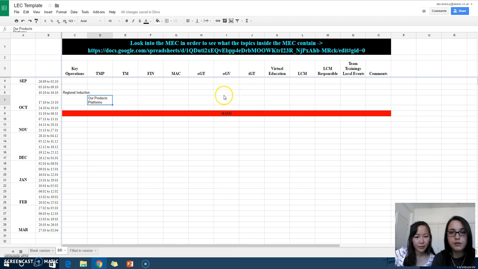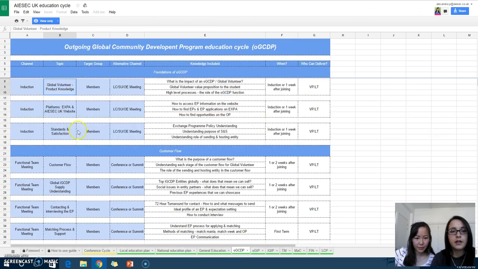So we're going to go to OGV here, and after regional induction, they need a training on product knowledge for OGV. Product knowledge, OGV. What is OGV? What's its relevance? What does it stand for? How does it develop leaders, customer flow? These are the things that they need to know in order to actually start operations, okay?